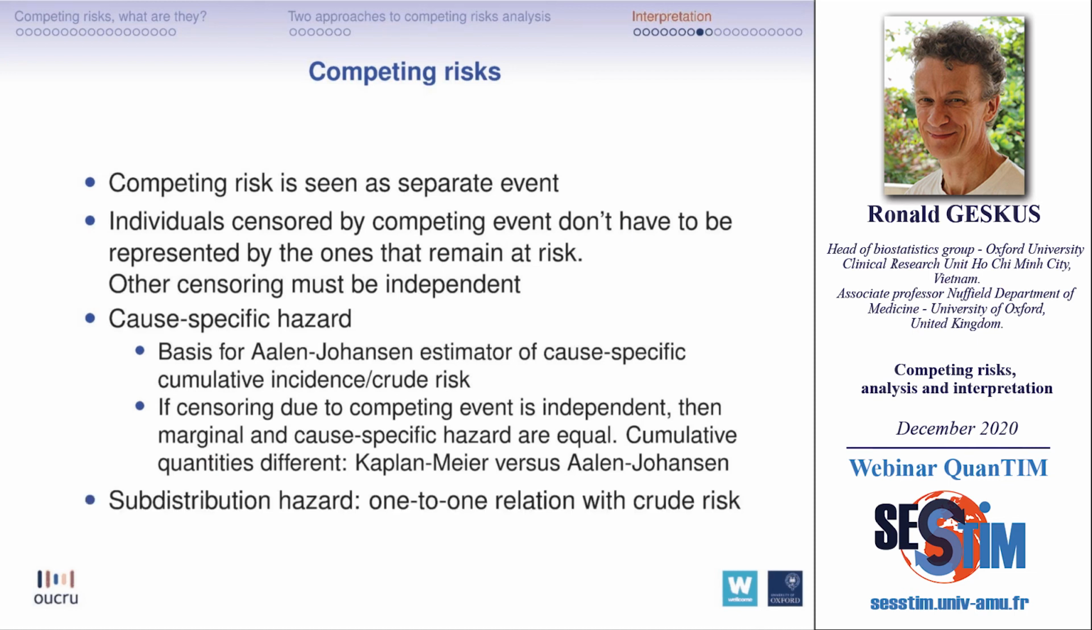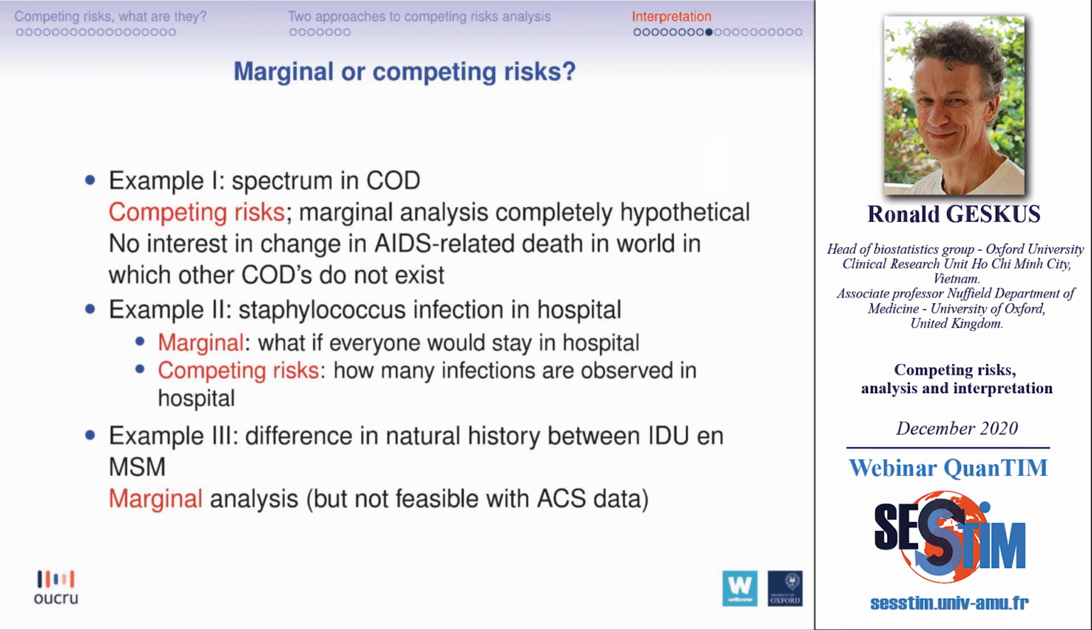The subdistribution hazard was the other one, and that one has the one-to-one relation with the crude risk. Well, why would we worry about this choice? Well, there's one reason, and before going to that example, let me just give another very brief overview of what we have done